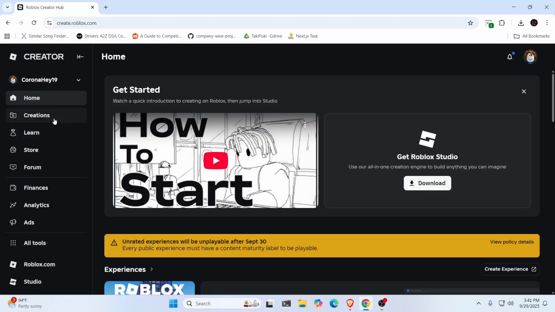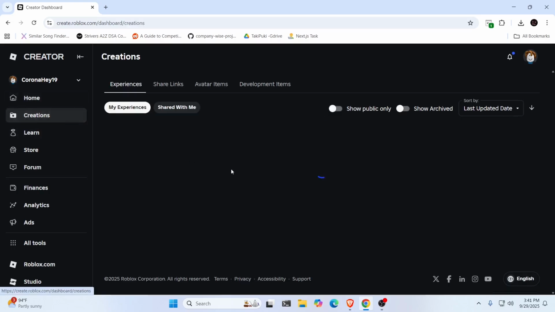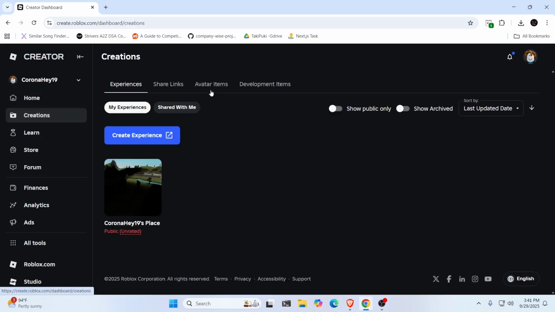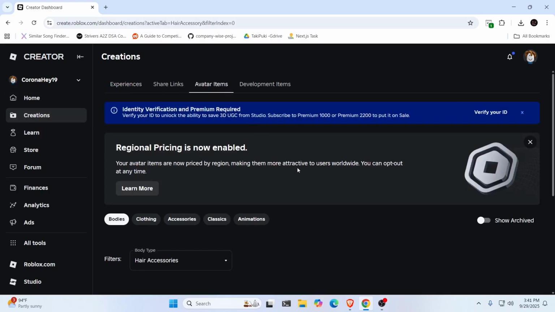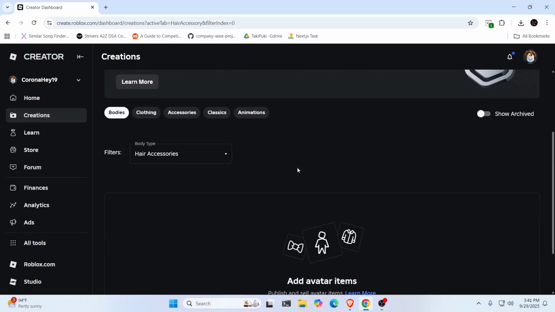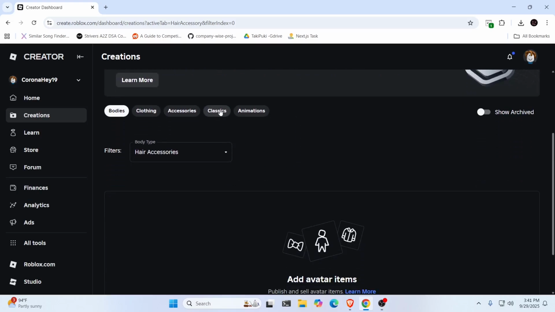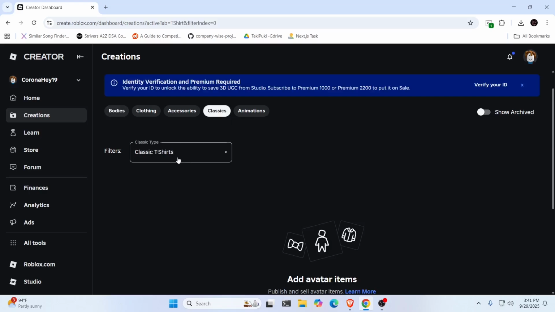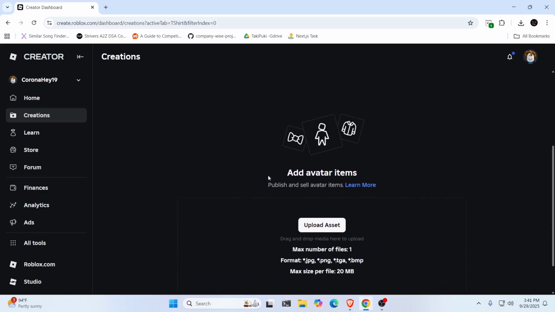From here, on the left hand side, just click on creation. Then from here, just click on avatar items. Then from here, scroll down a bit and you'll see classics. Just click on that. From here, make sure classic t-shirt is selected and scroll down a bit and click on